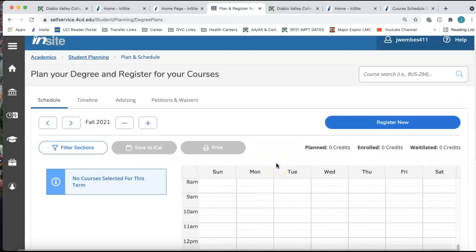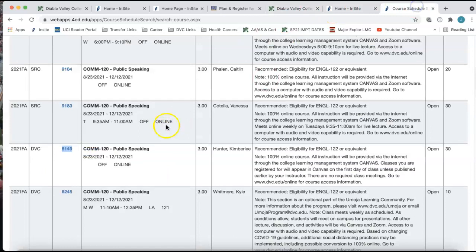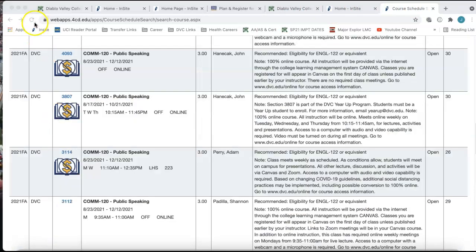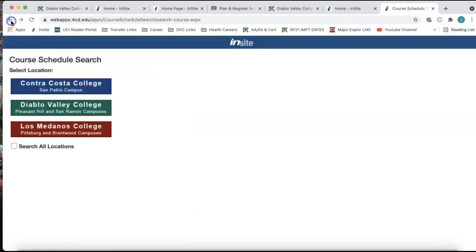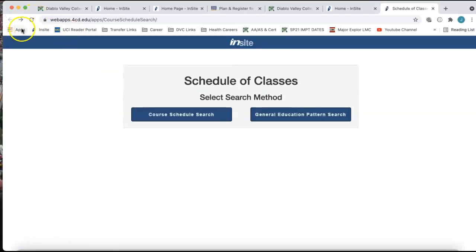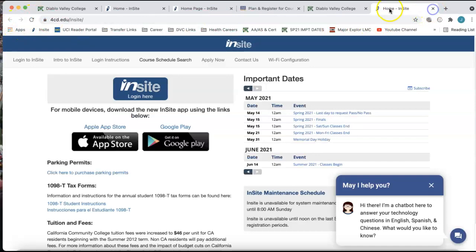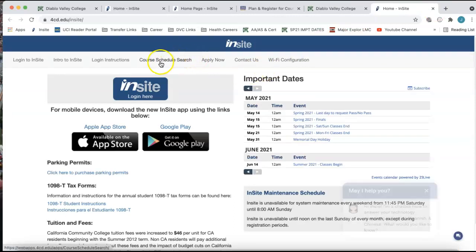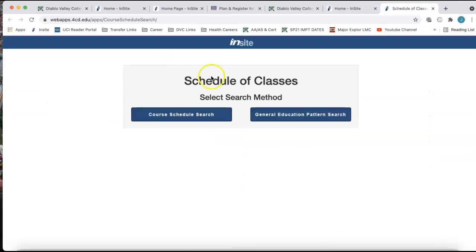And then I showed you an example of how to use the course schedule search. So let me go back. It might be best if I just show you how I got to it. So from the DVC homepage, you click Insight. At the very top, course schedule search. Now, you would use the left button if you know the exact course that you want to register for. You could use the right if